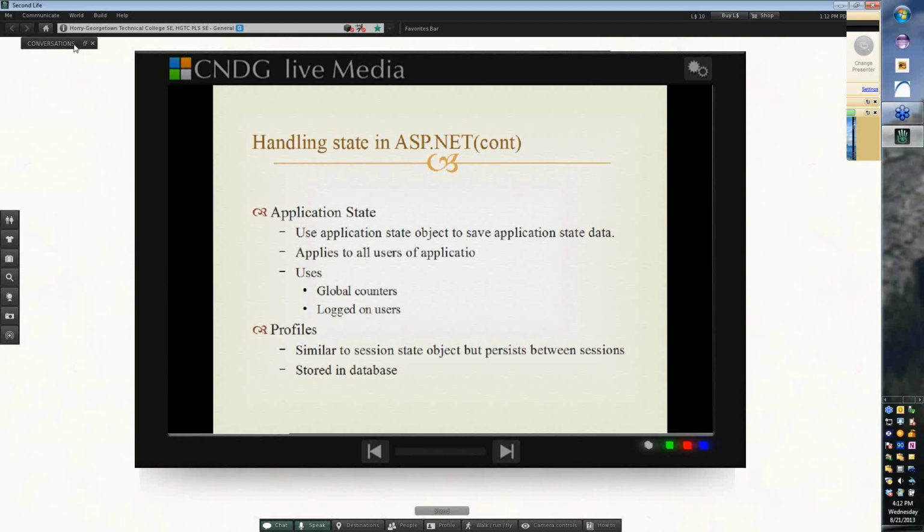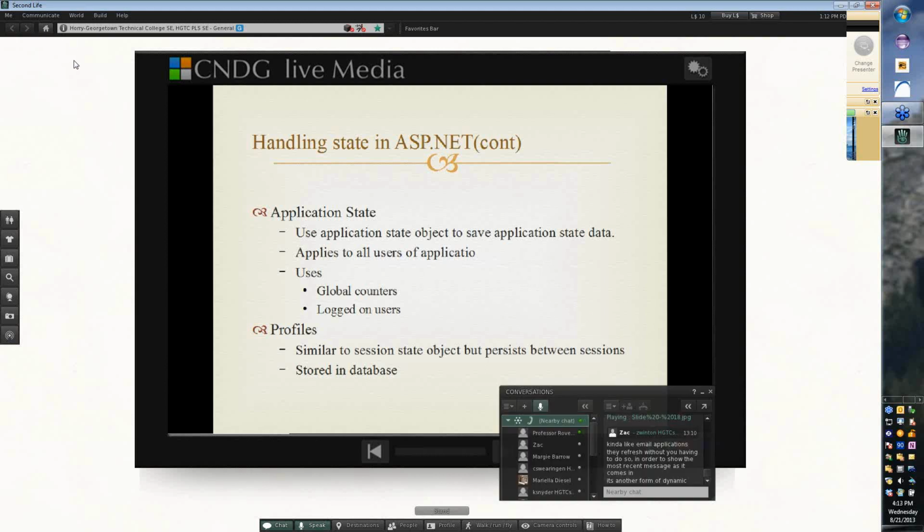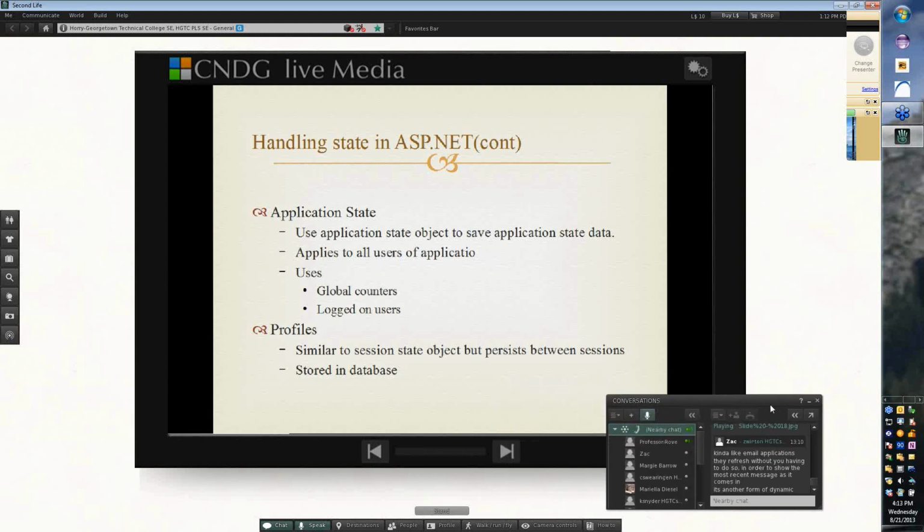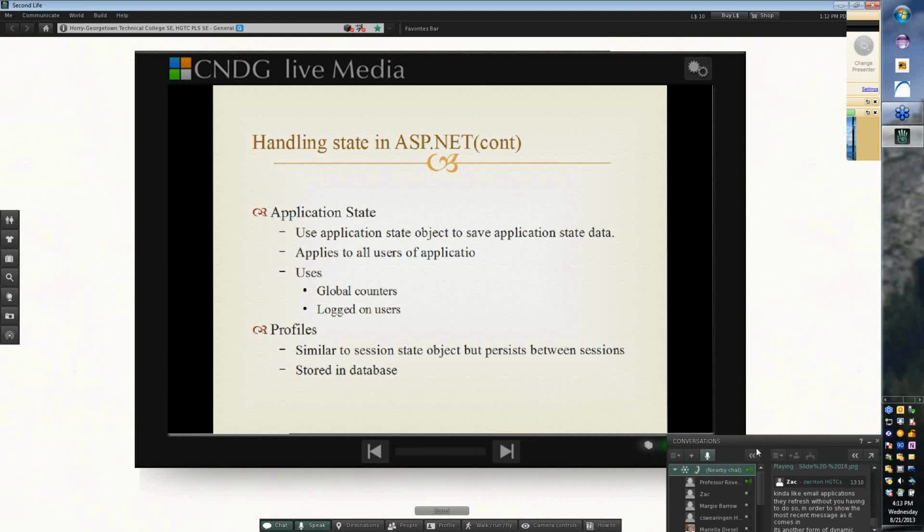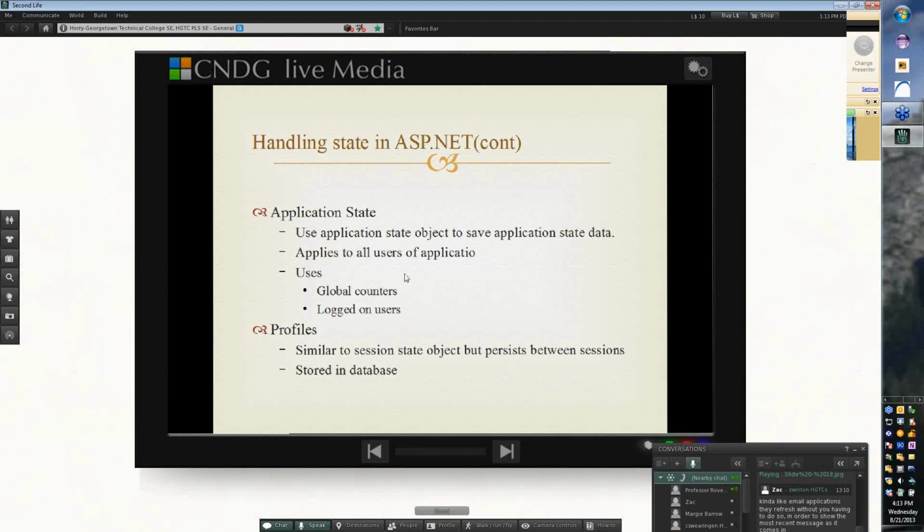We then have profiles. Now, session state only exists as long as you're running the app in the browser and you haven't shut the browser down. Okay? So when we look at this, none of this, not session or anything else,